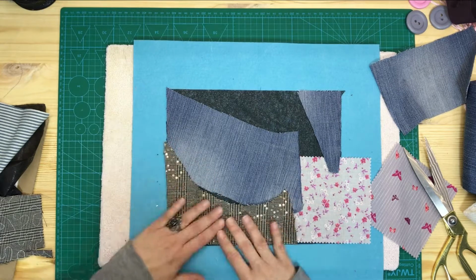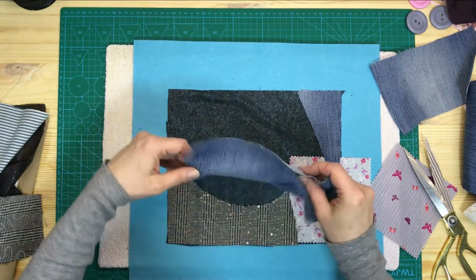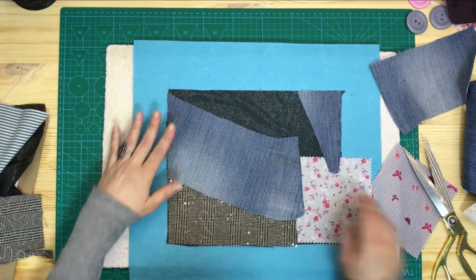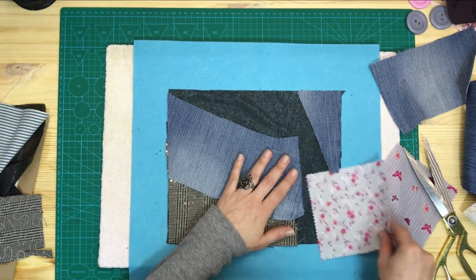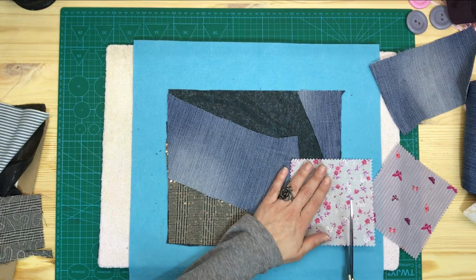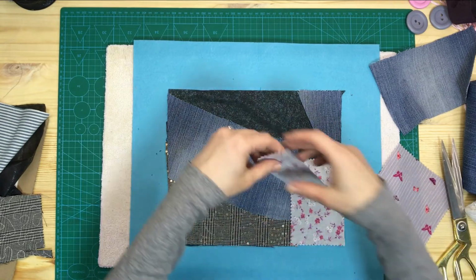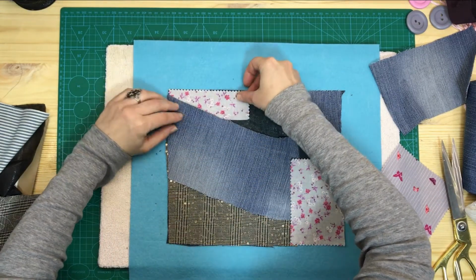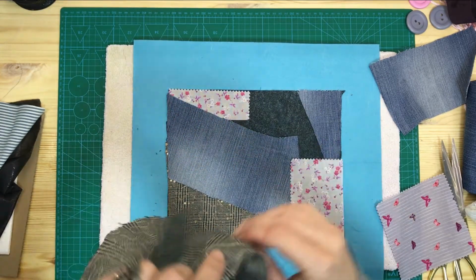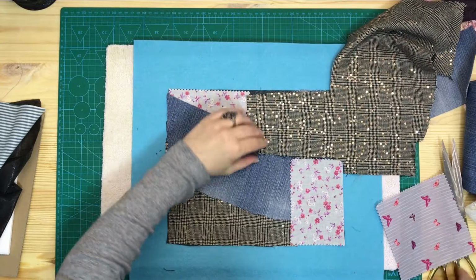Just thinking whether I want this on top or the blue on top. I think I want the blue. That's a beautiful fabric with these shiny bits and pieces, so like that. And I want some of this fabric here, so I will perhaps just cut that bit there, and I'll put this. And I want more of this over here. Oh, it's almost...